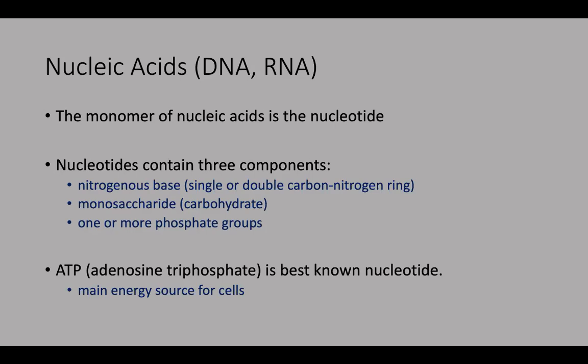It's not like a bunch of ATPs get strung together to make DNA. This is just kind of a unique situation where ATP is a nucleotide. It's a monomer, but it doesn't ever become a polymer, which is a little bit strange. But ATP is the best known nucleotide and just stays as a nucleotide. It doesn't go into making a long strand of ATPs or anything. So let's look at what that looks like.